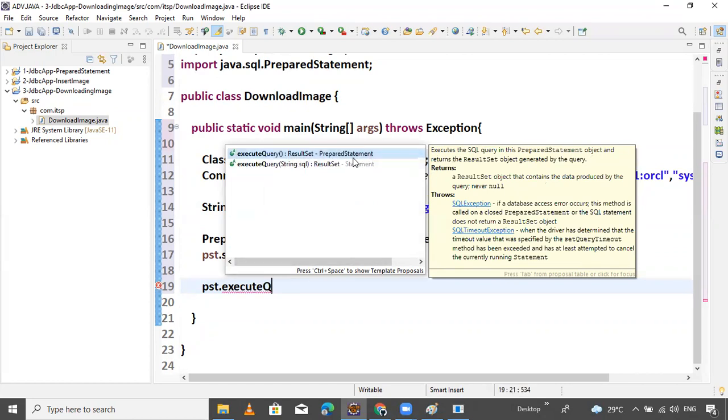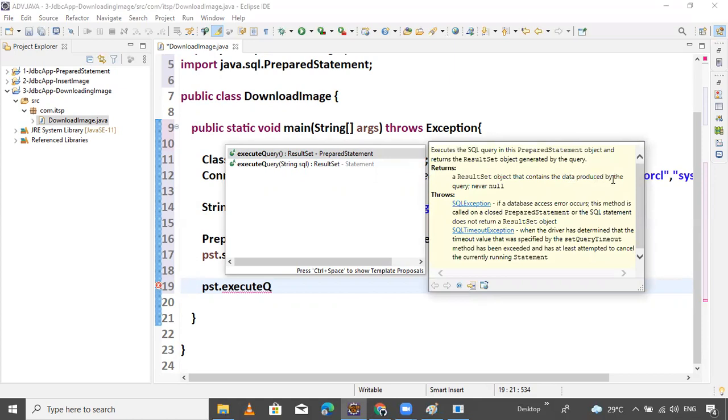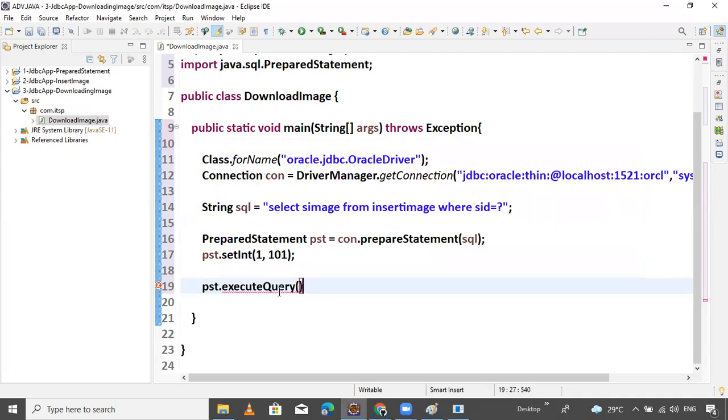What is the return type? Return type is ResultSet. You can also read this: a ResultSet object contains the data produced by the query, or it throws an SQL exception or SQL timeout exception. Okay, return type is ResultSet.